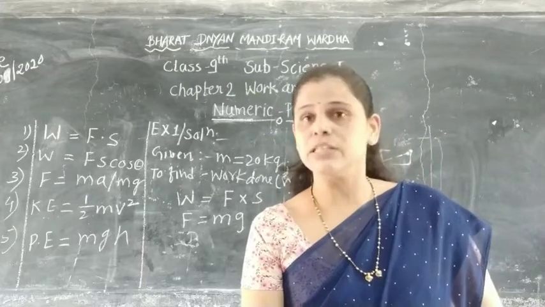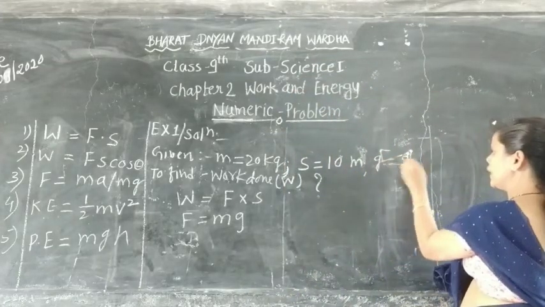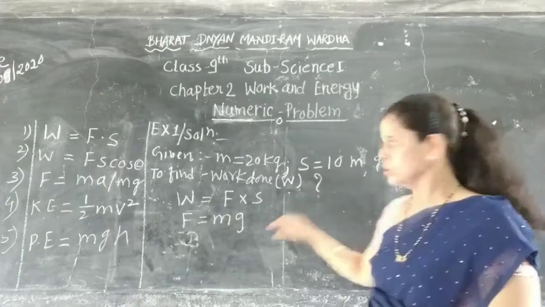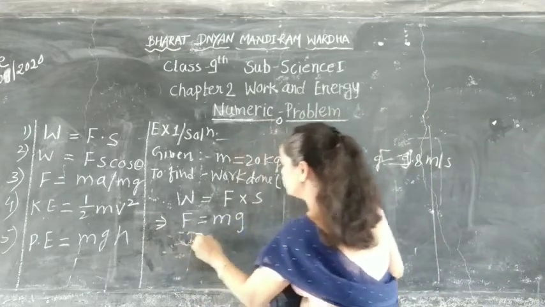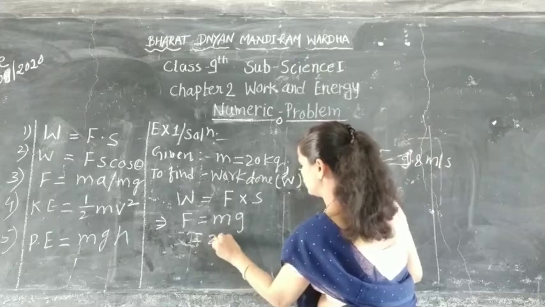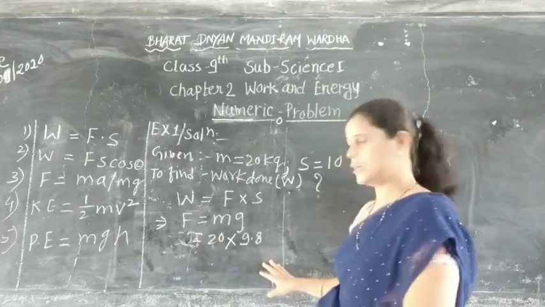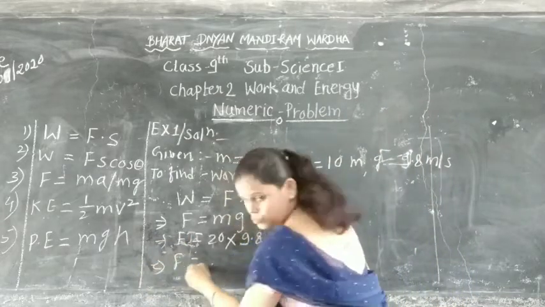Again, g is given. g equals to 9.8 meter per second square. g is given also. So the formula of F equals to mg. Put all the values of m and g. m equals to 20 and g equals to 9.8. Understand? Calculate this. So F equals to,